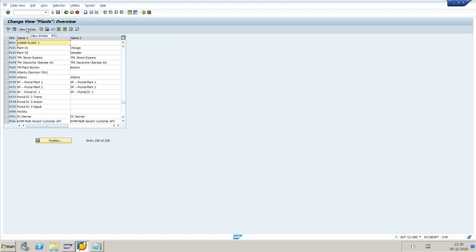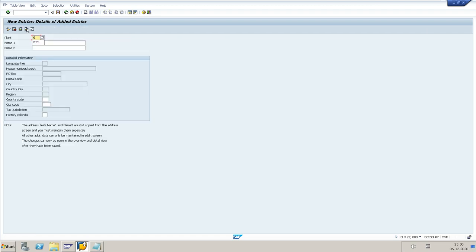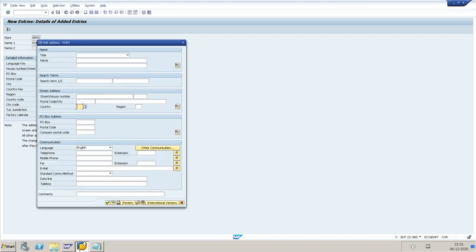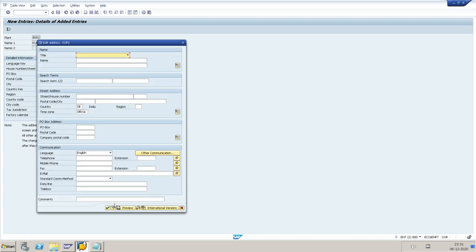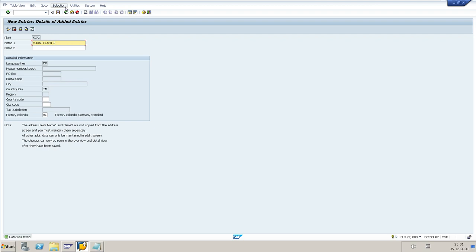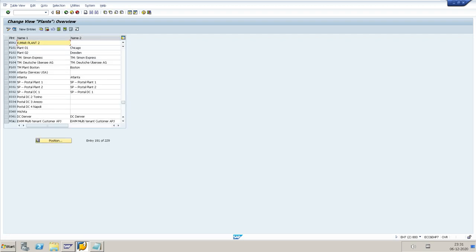Same way I will create another plant, KU P2. So plant 1 and plant 2 are created.